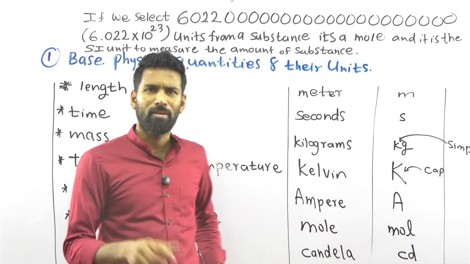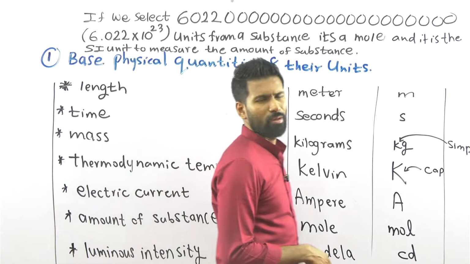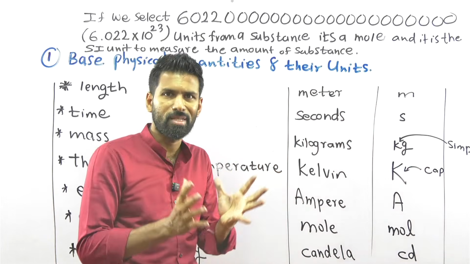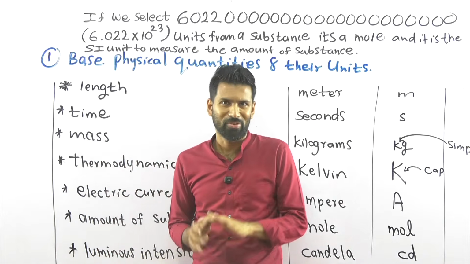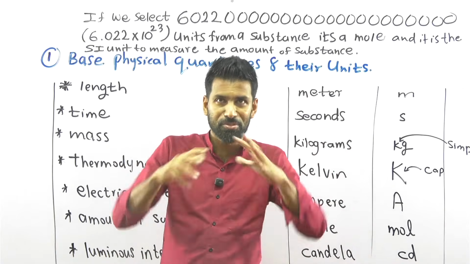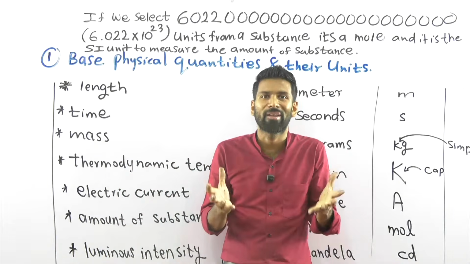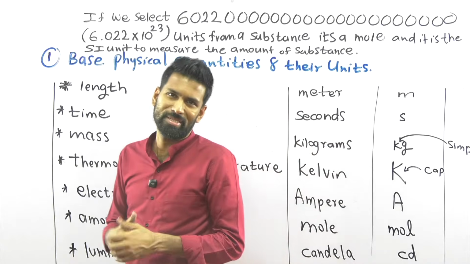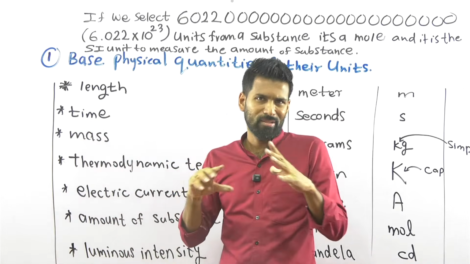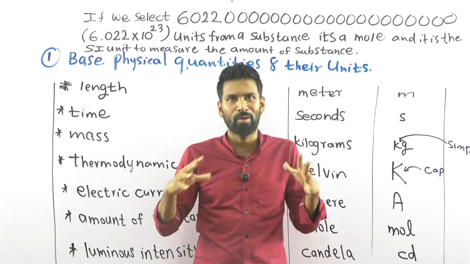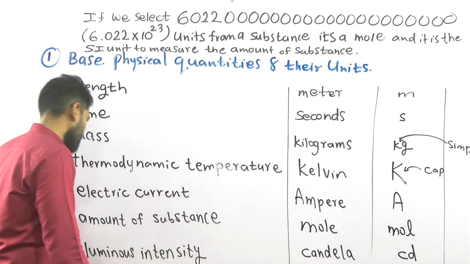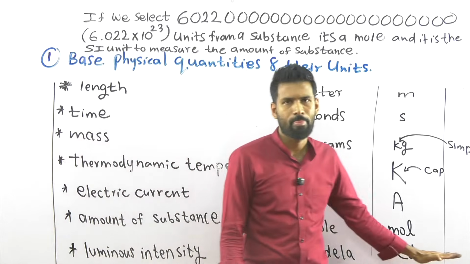Okay, I will tell you something. Now 1 candela is roughly equal to the brightness given by 1 candle. Not the exact value, but 1 candela roughly gives you the amount of light given by a candle. It's just a rough idea. Luminous intensity is measured by candelas, cd.